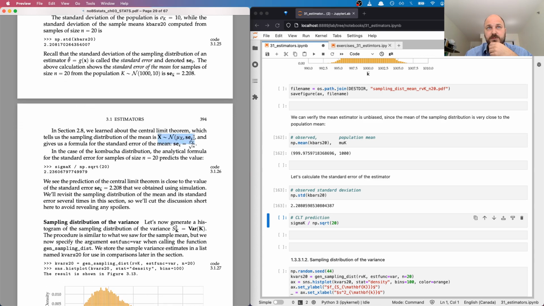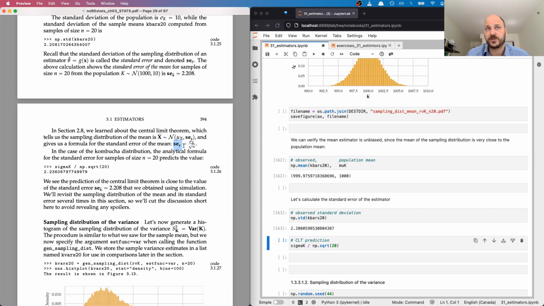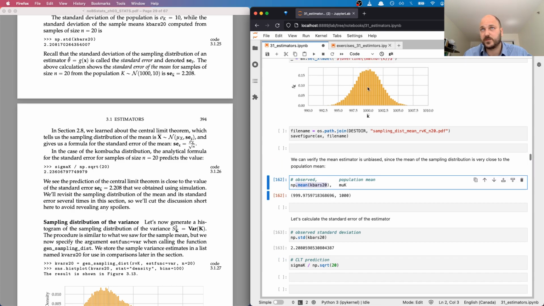That gives you a formula for the variability of the sample means. The formula tells you that the standard error, so the variability of this distribution, is going to be equal to the standard deviation of the population divided by the square root of the sample size. So let's take a look at that. So this is the simulation, and the standard deviation of the simulation is